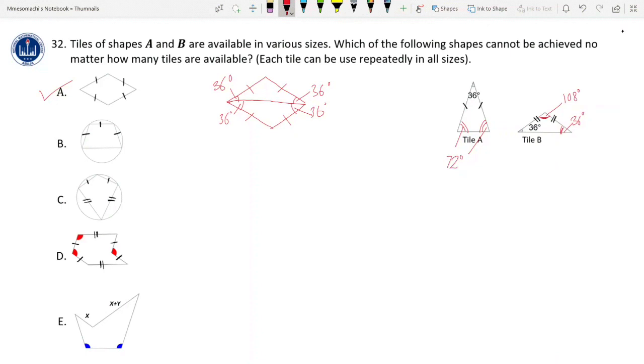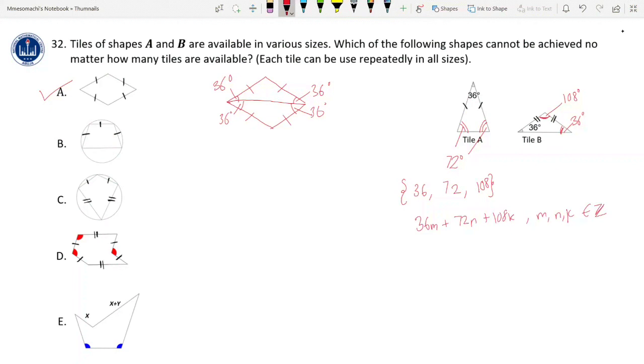So it means any shape we form from our set of tiles, the angles at the vertices must be sums of angles from this set. So all the angles at the vertices must be of the form, say, 36m plus 72n plus 108k, where m, n, k are integers. Okay,